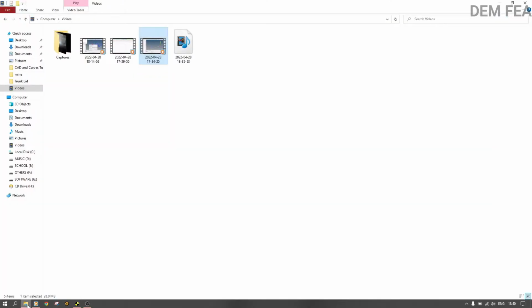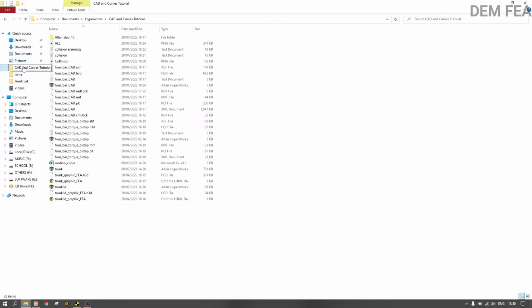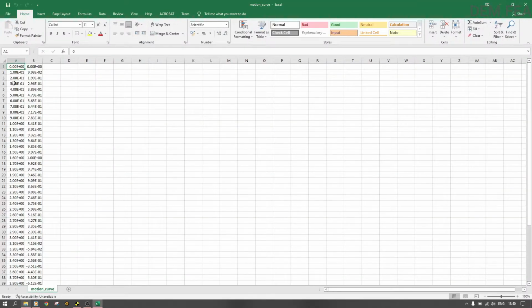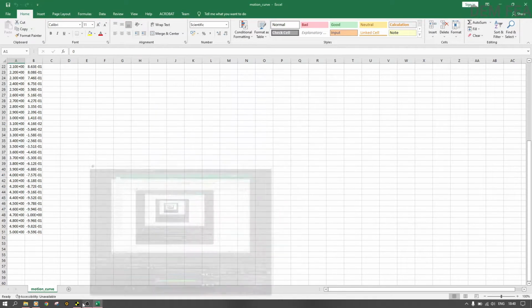Now the next thing you want to do is to come here. We have this motion curve. We want to import the motion data. So this column represents time. This column represents the displacement. As you can see, it's increasing up to 1, and then it starts decreasing. It's like a sine curve from 0. This is basically the time up to 5 seconds. So let's go back to our